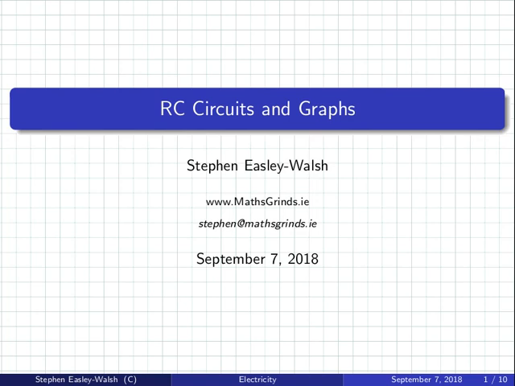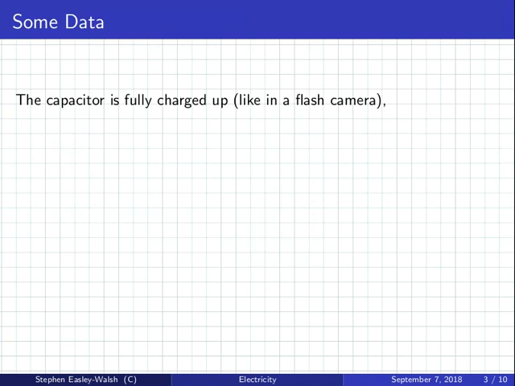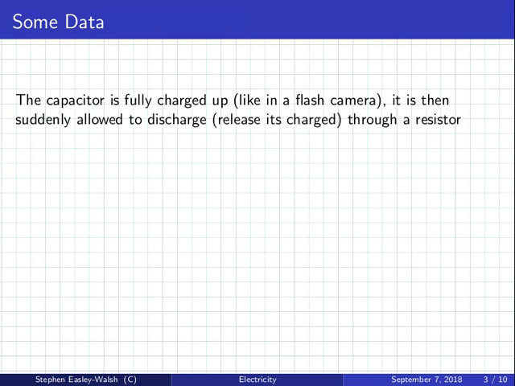Okay, RC circuits and graphs. Not too difficult today, this lesson. So imagine a capacitor is fully charged up, like in a flash camera, and then it's suddenly allowed to discharge in a resistor, like a light bulb. So, you know, an example might be